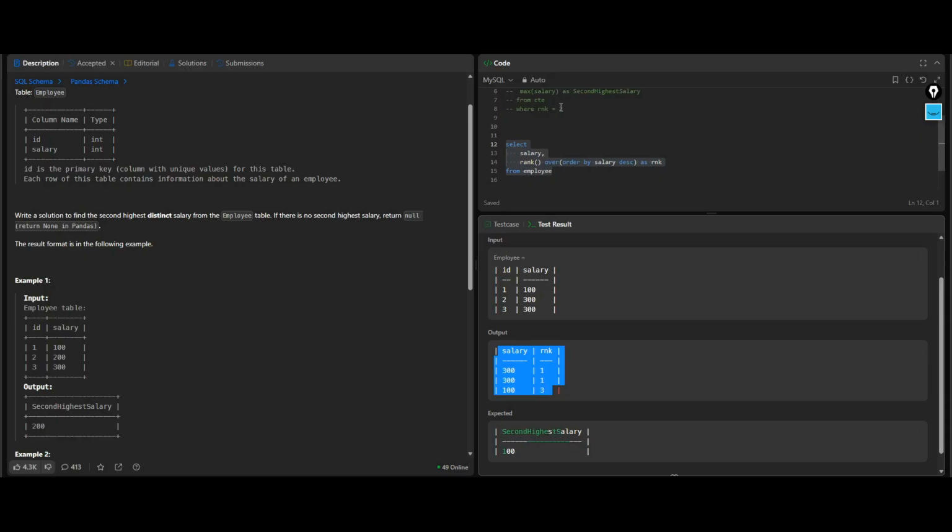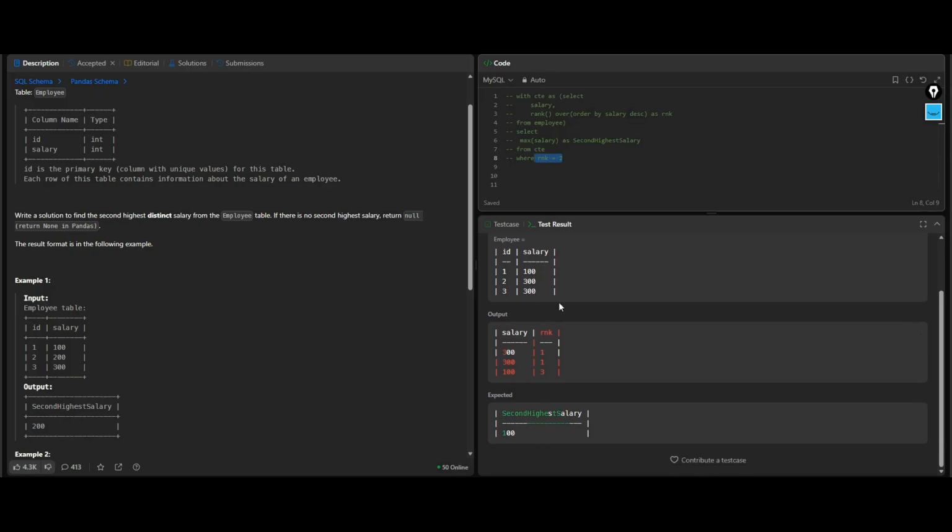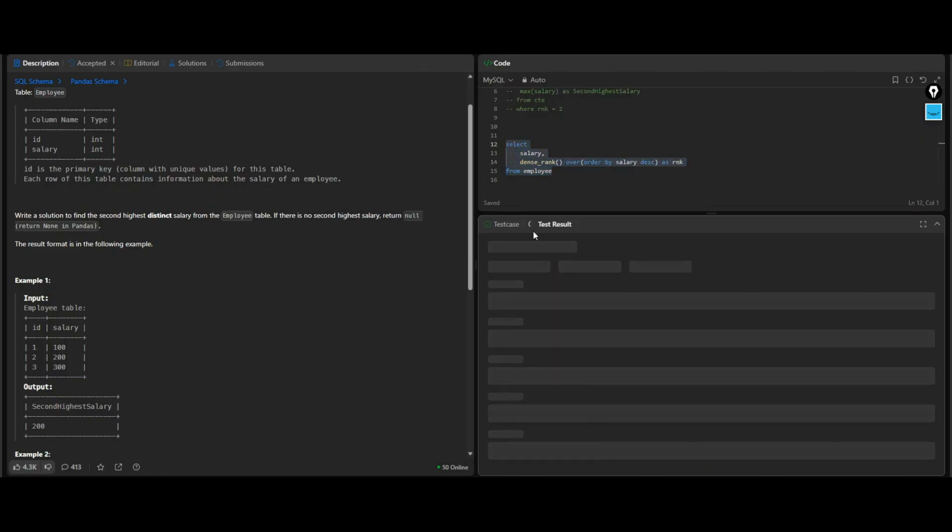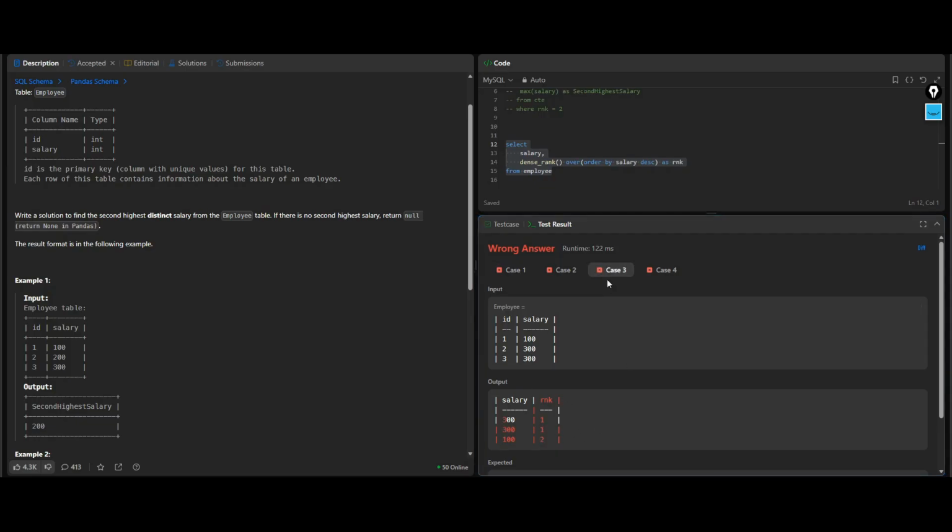So when we write rank equal to 2, there is no row where the rank is 2, and that's why it was giving null. So instead of rank, we have to use dense rank, because we don't have to skip any numbers. With dense rank in case 3, we have 1, 1, 2 and it is not skipping any number.